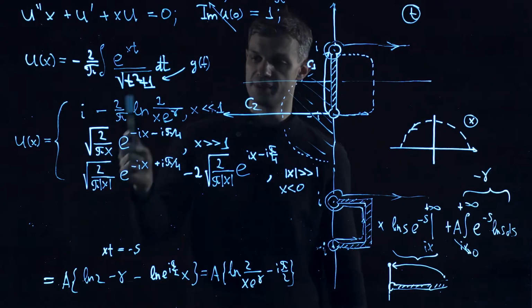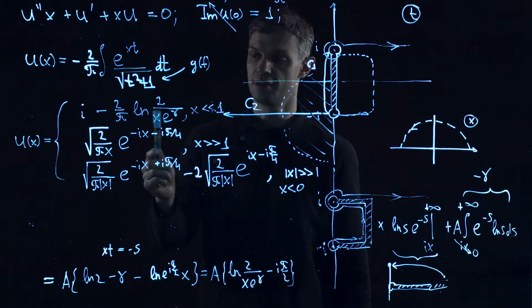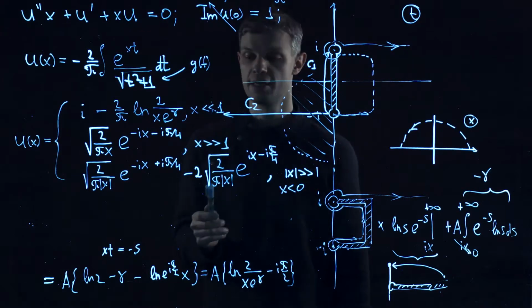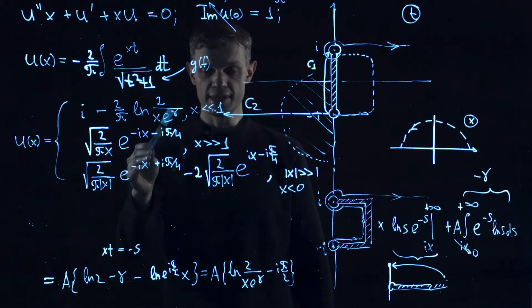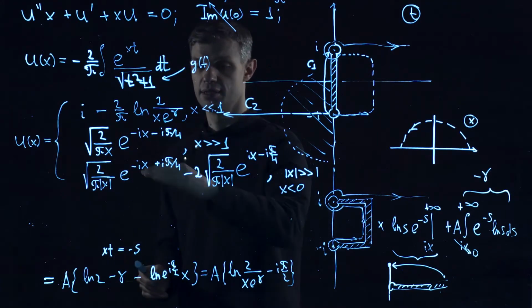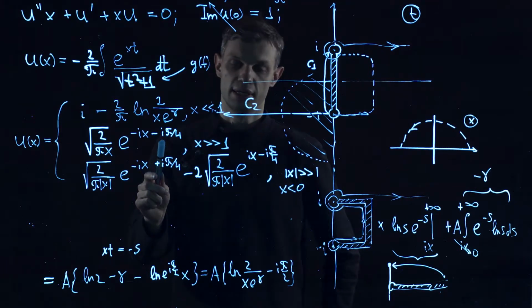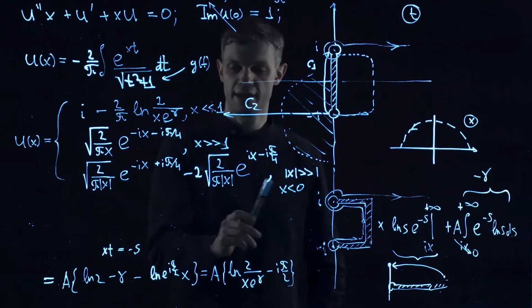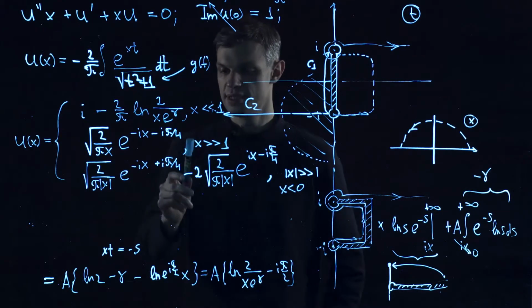So we extracted the correct logarithmic behavior of our function at small x, and then these are our asymptotics at large x. So here we see that generally for large positive x and for large negative x, there is a similar